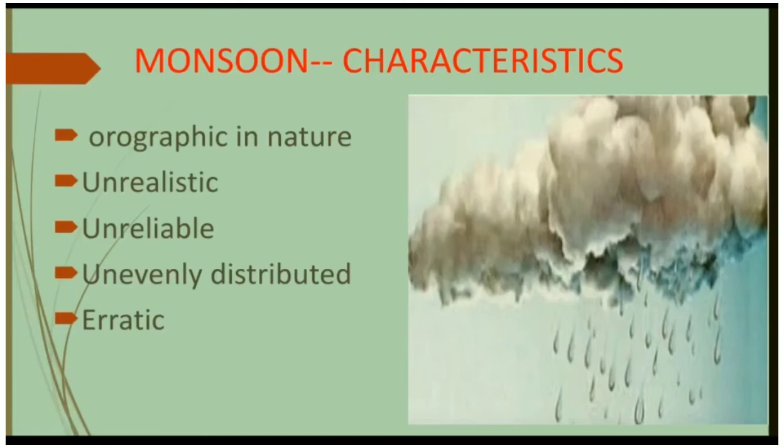Now, characteristics of monsoon. Monsoon is orographic in nature. Orographic means there should be some topographical feature which stops the rain-bearing monsoon wind and causes rainfall. So we have the Western Ghats in the southern area, then we have the Vindhya and Satpura ranges in central India, and in the northern part we have the Himalayas, and in Assam,